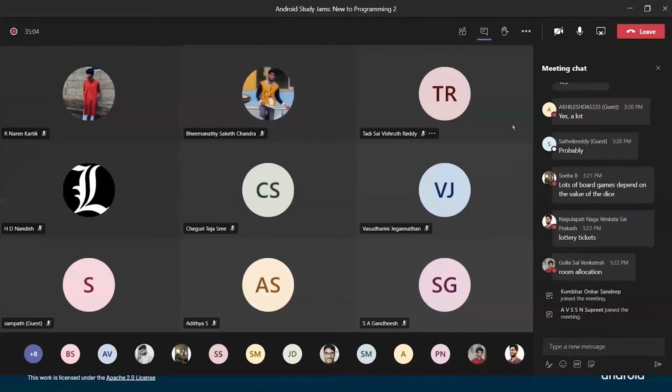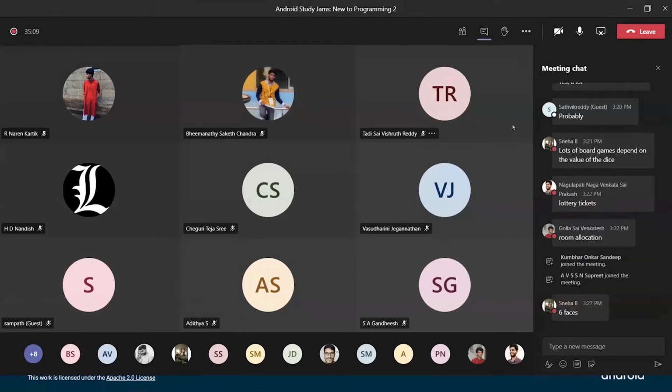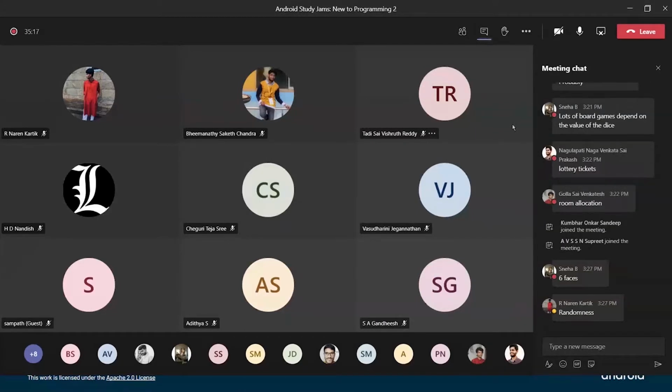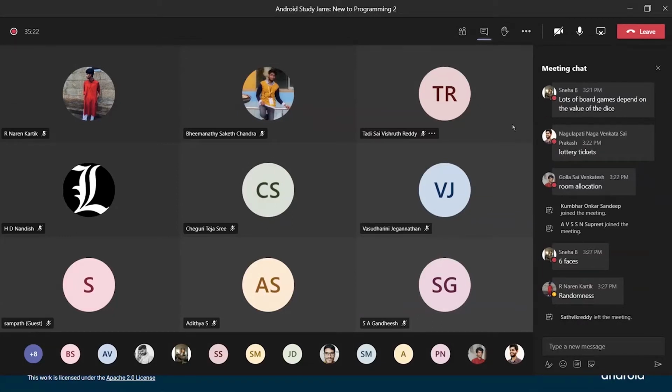Not all dice have 6 faces, but yes, number of faces is a common property. Anything else? Yeah, randomness is a property of them. So stuff like color or even the material that you use to build the dice, these are all common, right? Each die you take has a number of faces, a material it is built with, and a color. These 3 properties change for different dice, but they're common.